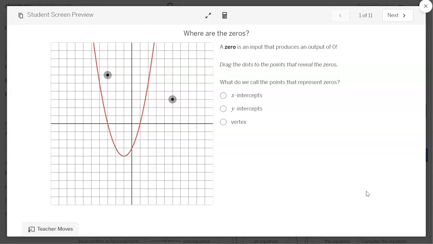And then also, what do we call the points that represent the zeros? Would that be the x-intercepts, the y-intercepts, or the vertex? And so at this point, we're just getting started. I'm thinking most kids are going to know this, but you never know. So take your time and make sure they know this. We want to go as slowly as we need to go to get every one of the students on the